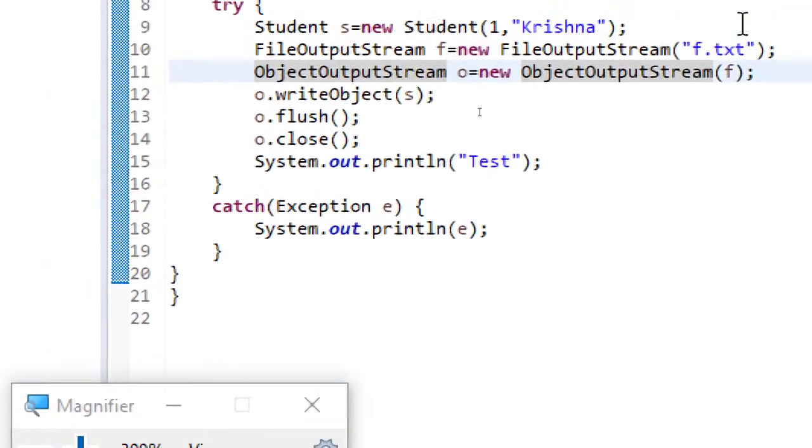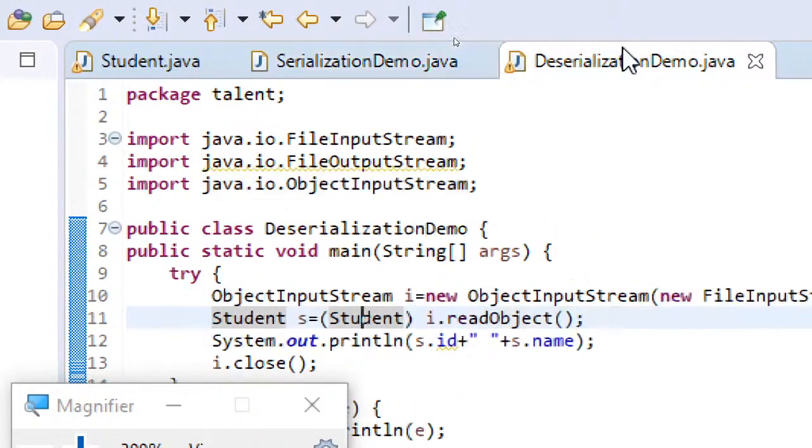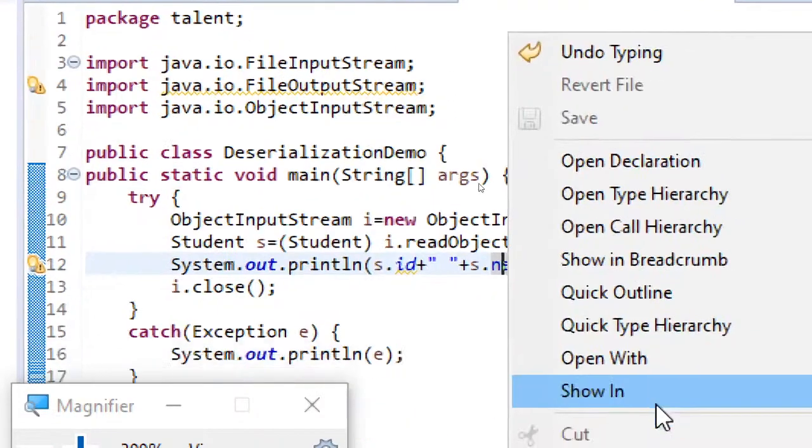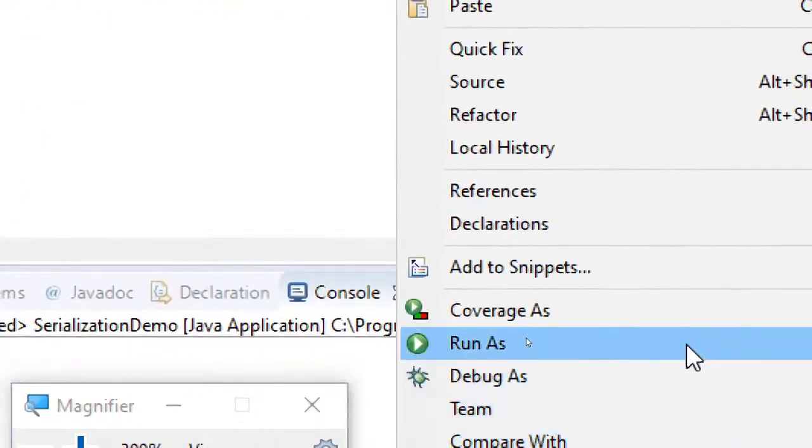It's just giving me test, it's working fine. And let's once again run the deserialization code.